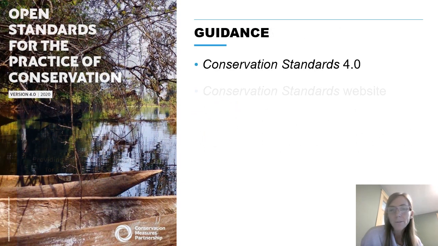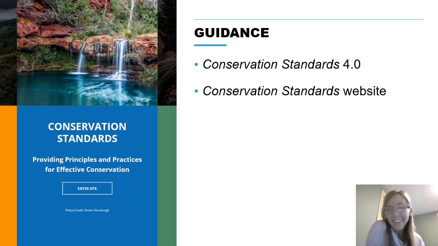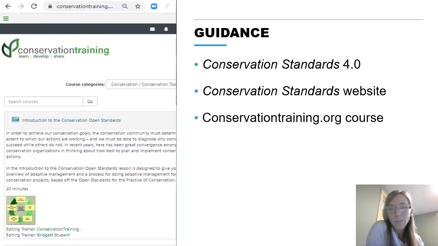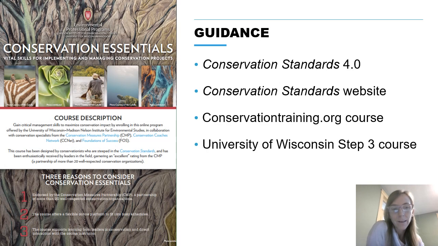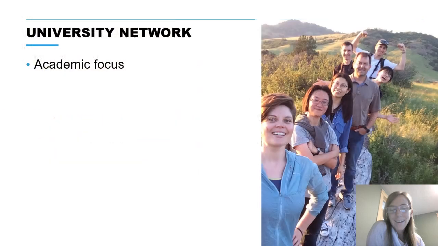So there are lots of resources out there on the web that you can read through and think about if you're interested in going a little deeper into the practice of conservation planning through the open standards. These are just a few of those resources that you can find online that are readily available to you. And there is a network of folks focused on teaching conservation standards with an academic focus. It's called the Teaching Adaptive Management Network. So that TAM network serves faculty and staff and students, coaches who are involved and interested in conservation adaptive management, and full course